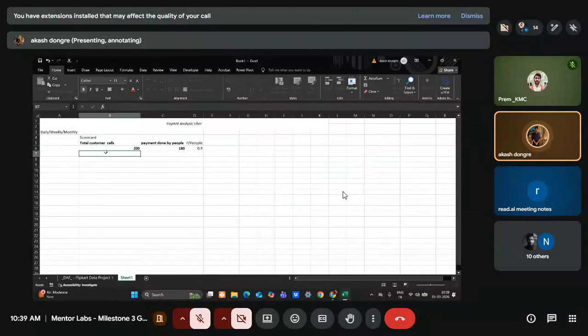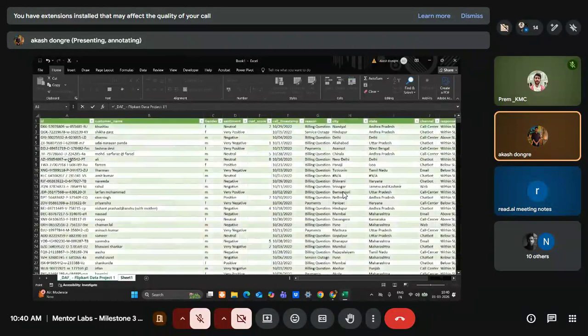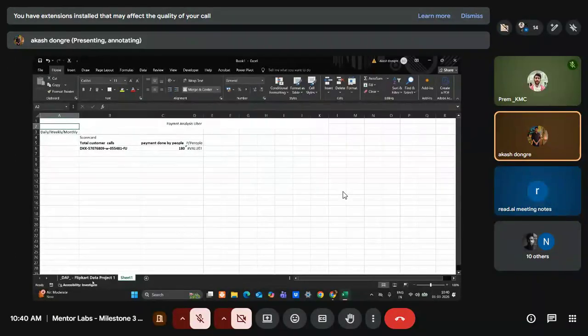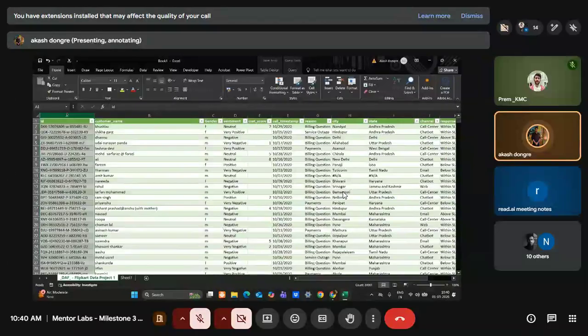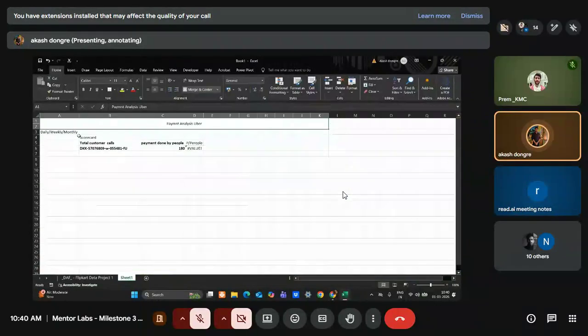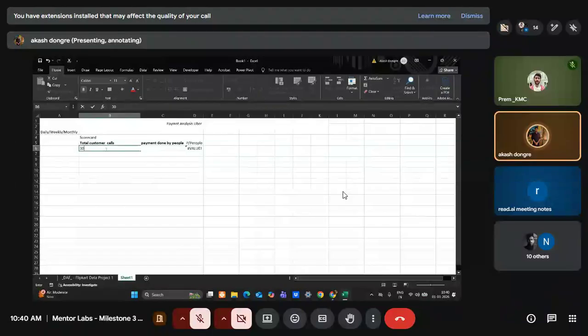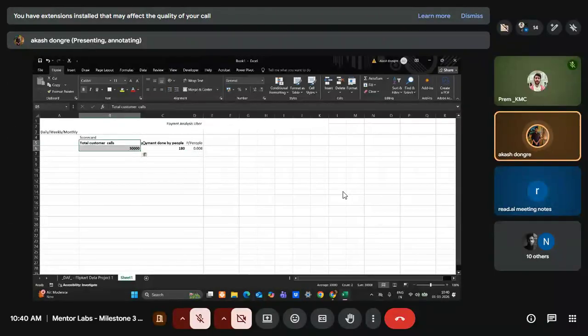If you want to add an image inside this, you can add it. There are many ways to add an image. So I want the total customer calls. How do I get the total customer calls? It is nothing but the entire customer ID, right? We have 30k, right? Are you getting this part? So we have almost 300 total calls, right? So can I present this total customer calls like this, and then I can go on to